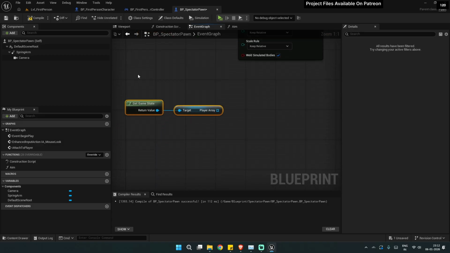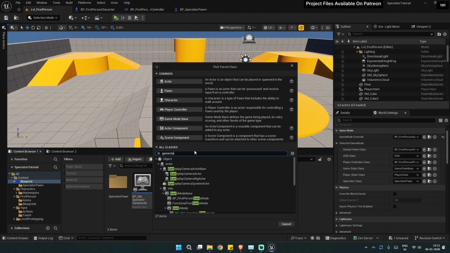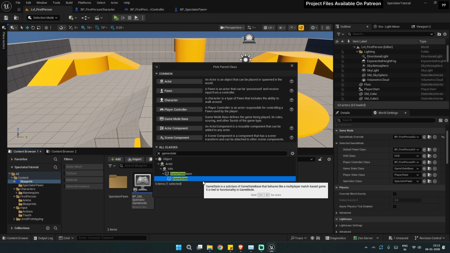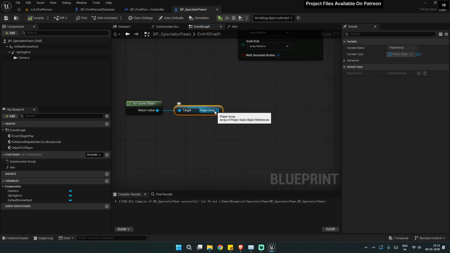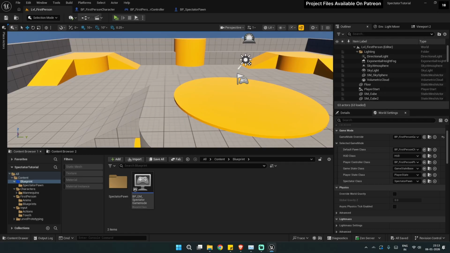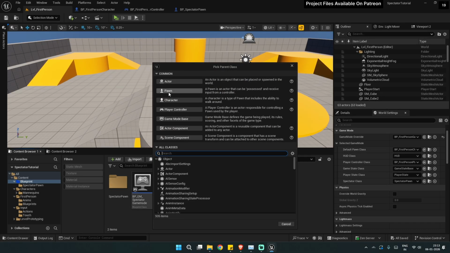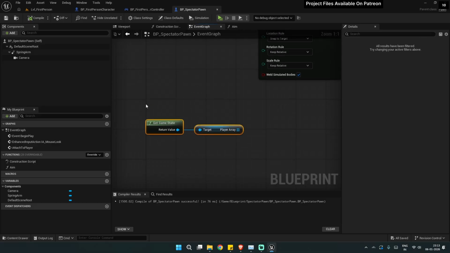Even if you created your own game state by going into blueprint and creating your own game state, which I think you would probably do if you're doing multiplayer, this game state would still work, because this is the parent of that class. Whenever you click that, you basically create a child of this game state. For example, right now you can see the parent class is pawn. So whenever we do a blueprint and click pawn, we basically create a child of it. So if there is anything in game state, we can just get it